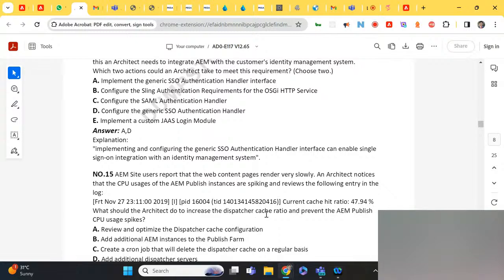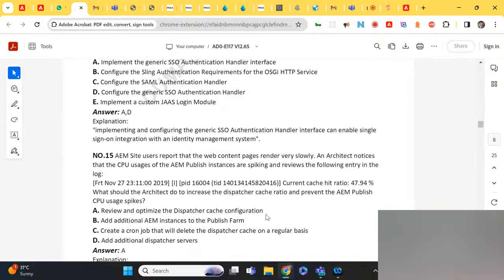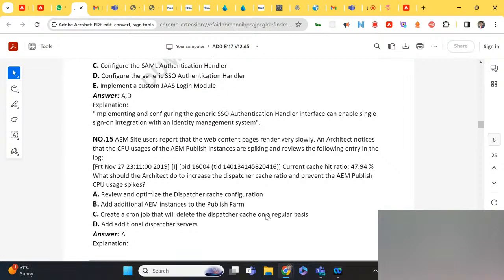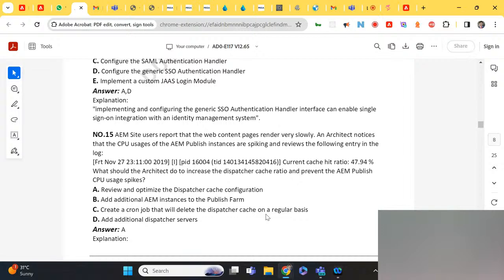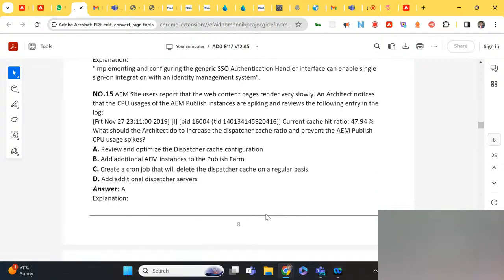To improve the cache hit ratio, we need to review and optimize the dispatcher cache configuration. Okay, so this one is clear. The answer is A, and the rest are not in scope.